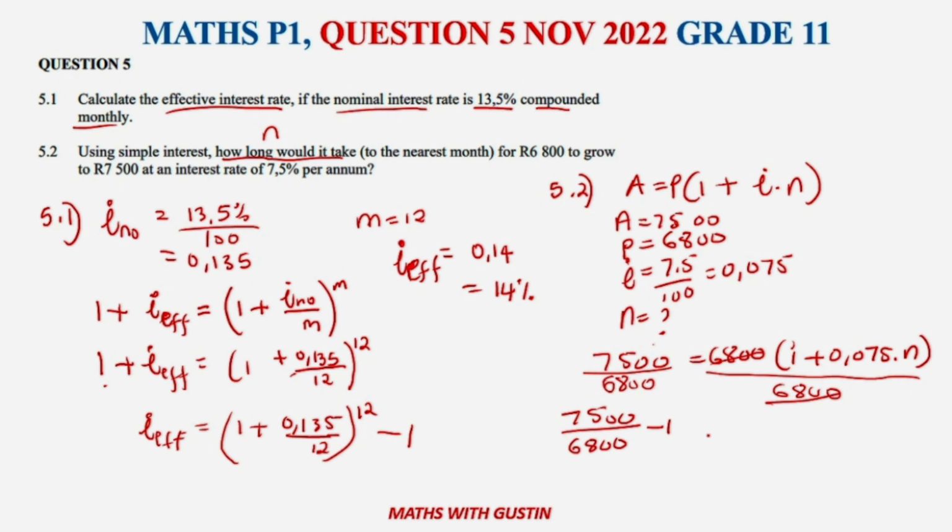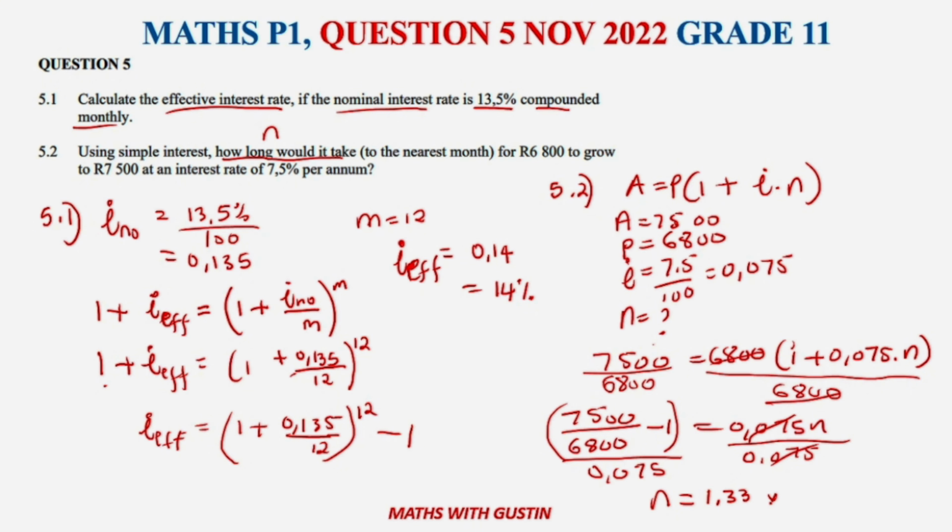All right. So therefore, what you're going to have here is 0,075n. So divided by 0,075. Divide everything here by 0,075. Now we can go and press the calculator and check what n is. So having that, we come here, press our calculator. You will find that n is going to be